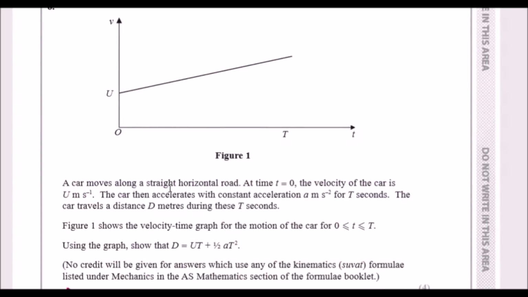A car moves along a straight horizontal road. At time t equals 0, the velocity of the car is u. Let's call this line over here A. This is already solved, by the way, but I'm just going to show you as we do it. For t seconds, from here up until t, the car travels a distance d meters. Figure 1 shows the velocity-time graph for the motion of the car from 0 to t. Now, using the graph, show that you can make an equation for the distance which includes ut